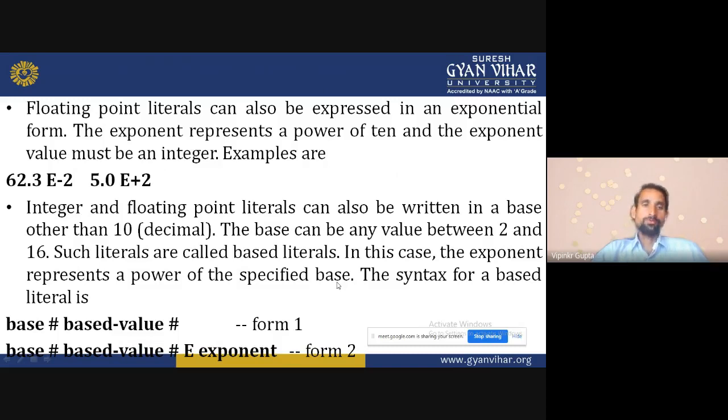The syntax for a base literal is base hash, base value hash. We can also declare it another way: base hash, base value hash, e, exponent. If an exponential power is there, then we can declare it in this form.